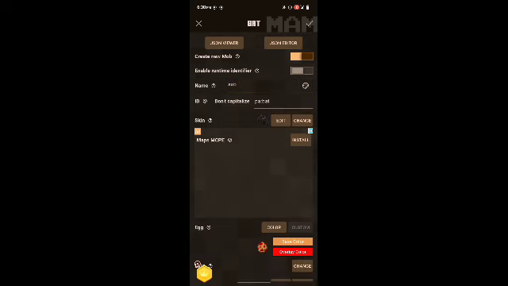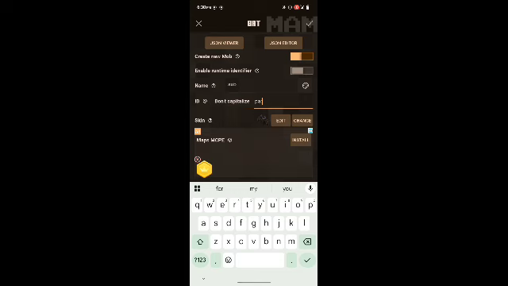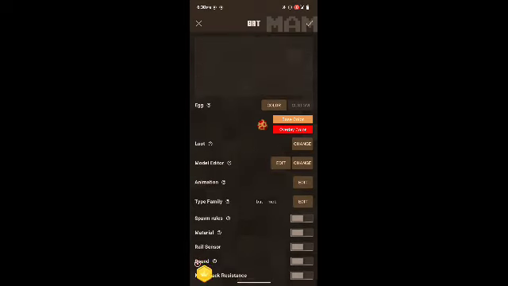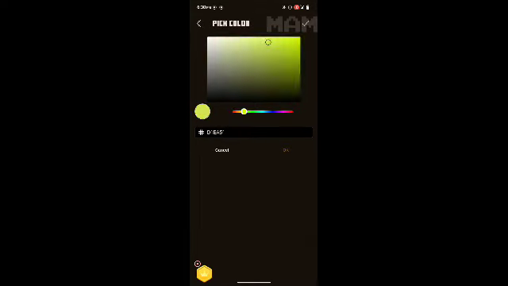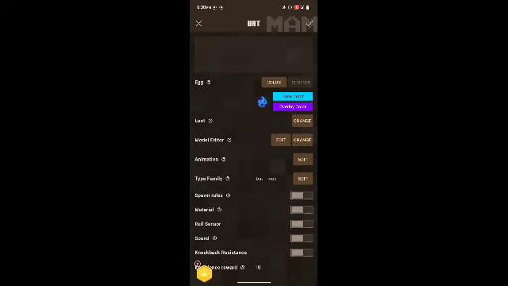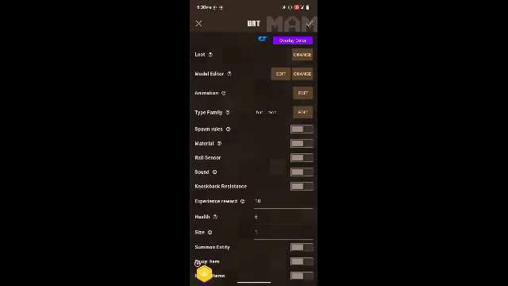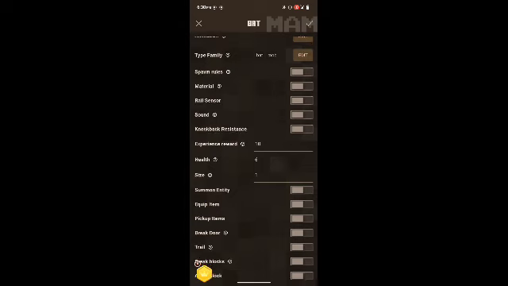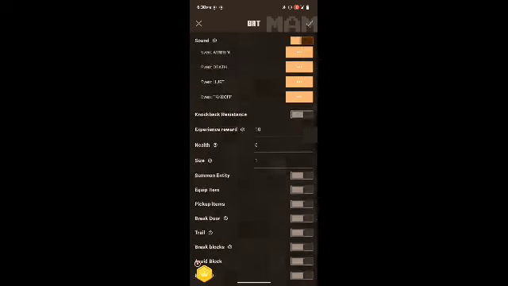You can change the colors of the egg. You can change the loot, animation, reset, click check, spawn rules, materials, rules, sound, knockback resistant.